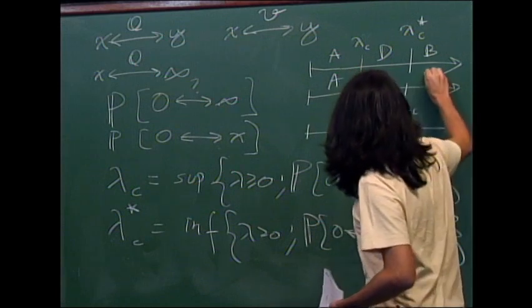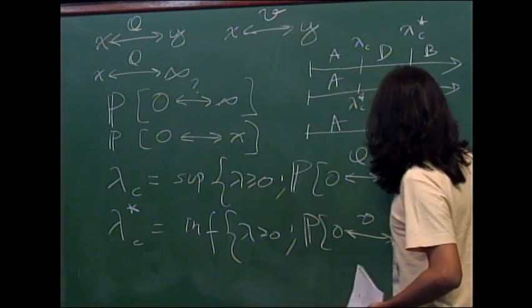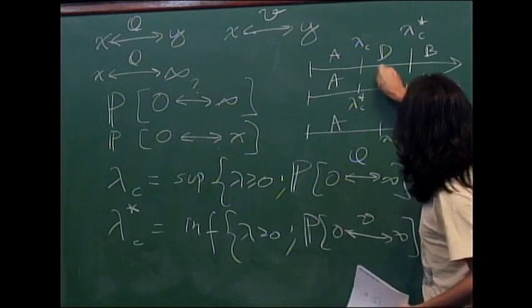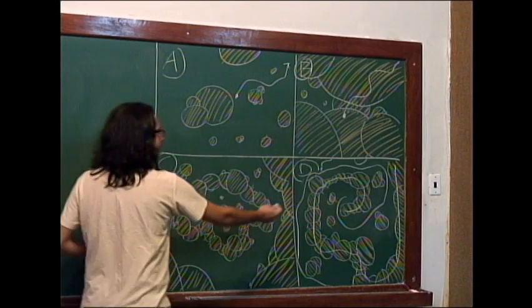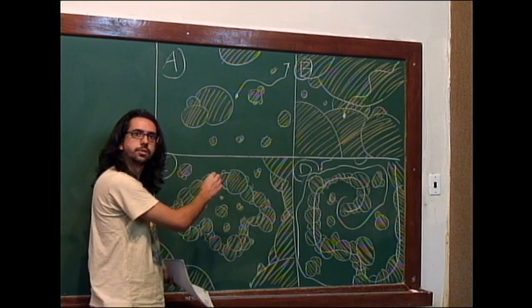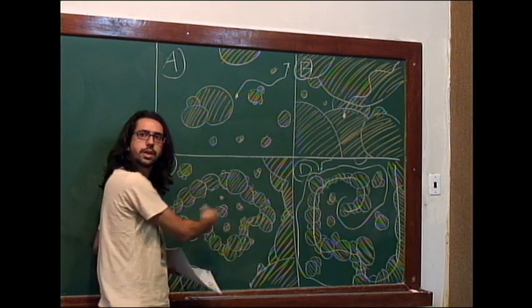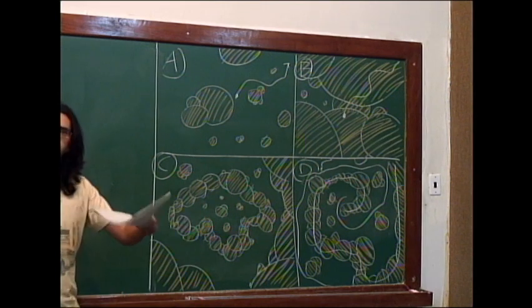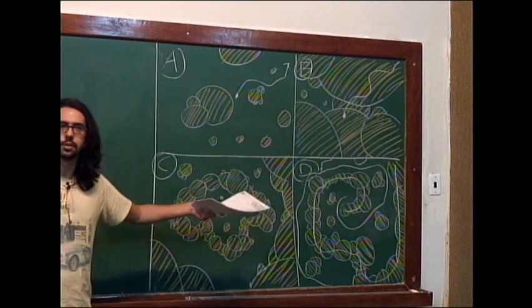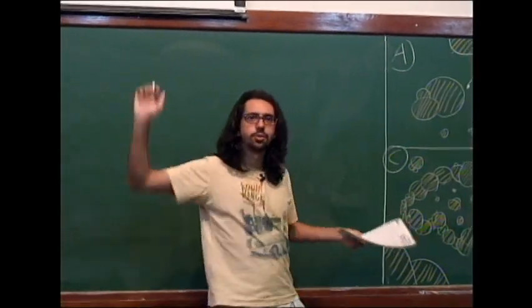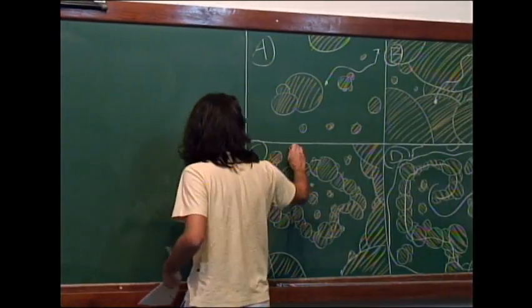Here is also AB. But here the opposite is happening. There is no infinite component either in the vacant or in the occupied. So this is C. You see, you cannot go to infinity through the occupied because there are vacant circuits surrounding the origin. You cannot go to infinity through the vacant because there are infinitely many occupied circuits surrounding the origin. So in this picture, you should really think there are infinitely many vacant and occupied circuits surrounding the origin. Otherwise, we are not in C. If there are only finitely many of them, you could escape at some point. So this is also very strange.